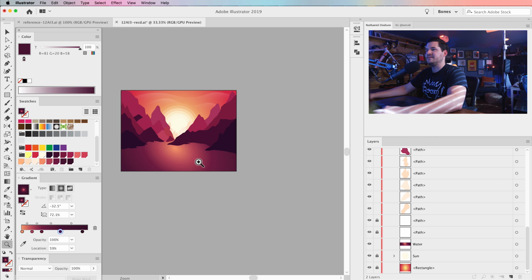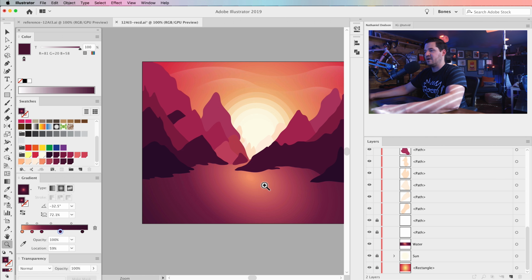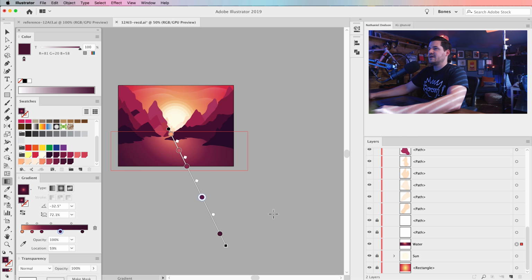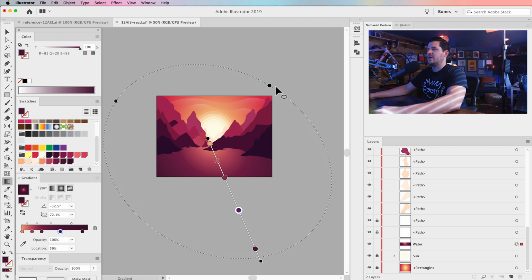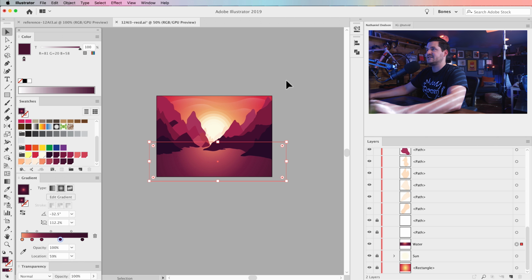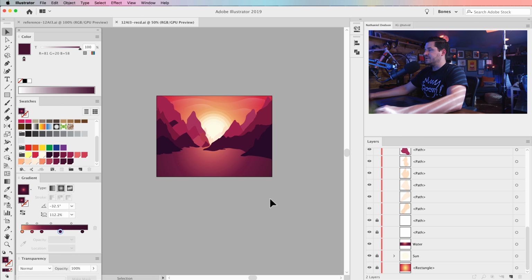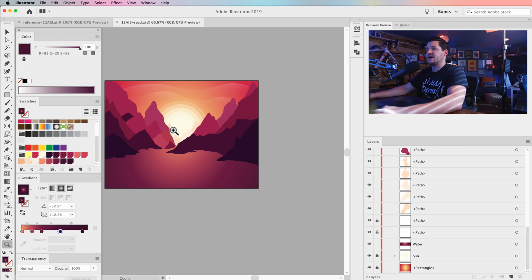I could stay here and nitpick and play with this all day long. You know what? I need to adjust it again. This orange point really should be up there because we're looking at the reflection of this on the water. There we have it. And one last thing, I'm just going to stretch it back out, sort of like that. All right, that's our water. I'm going to live with that. But you can really see how the scene is beginning to come together here,